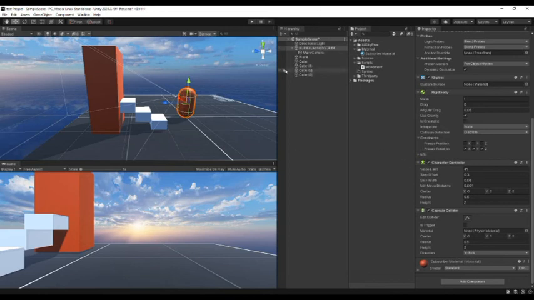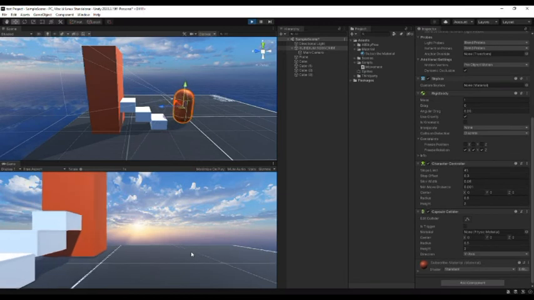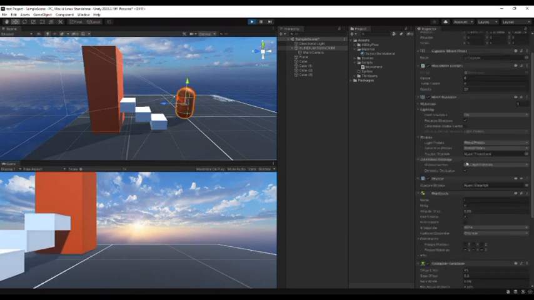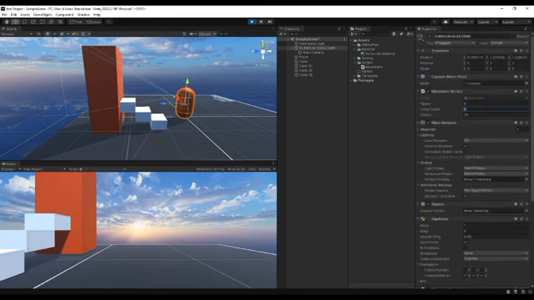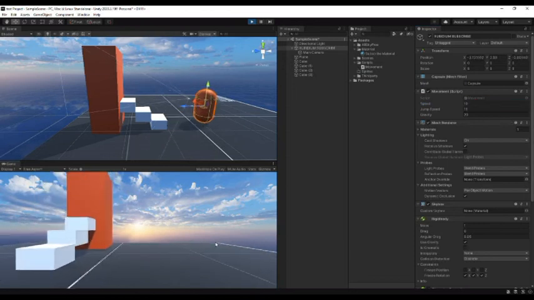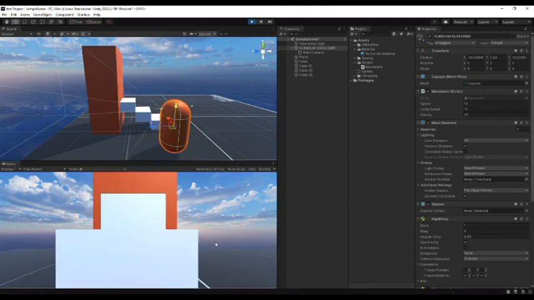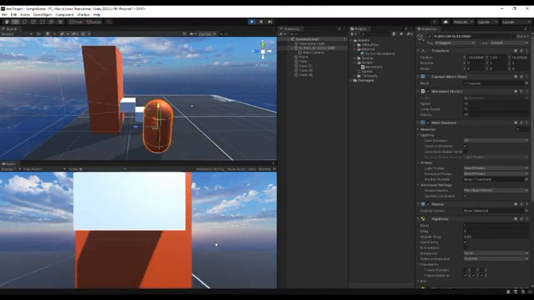It is very simple, and now we are going to see what the difference was from our last script to this one. We are moving. Yes, that's normal. And if you click space, we can jump. We are going to increase the values over here, 15, and the speed to 10. And I think we will move and jump faster and higher. And if we add box colliders to this one, we can climb this too.